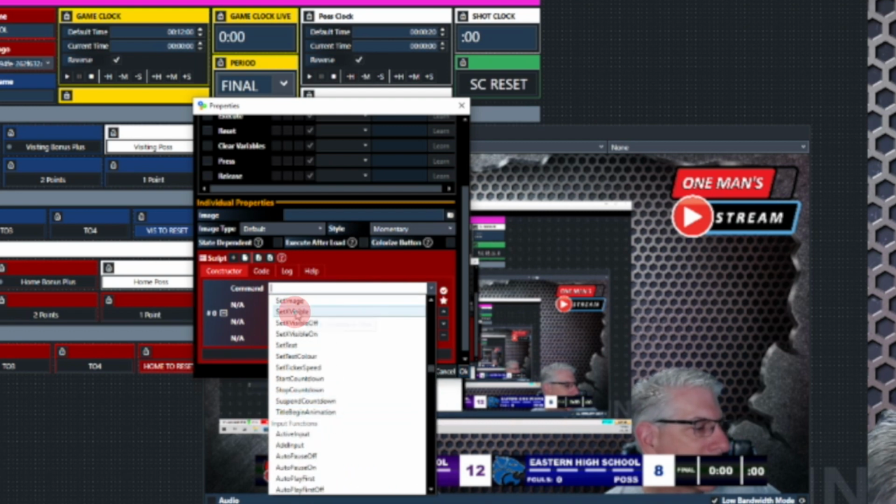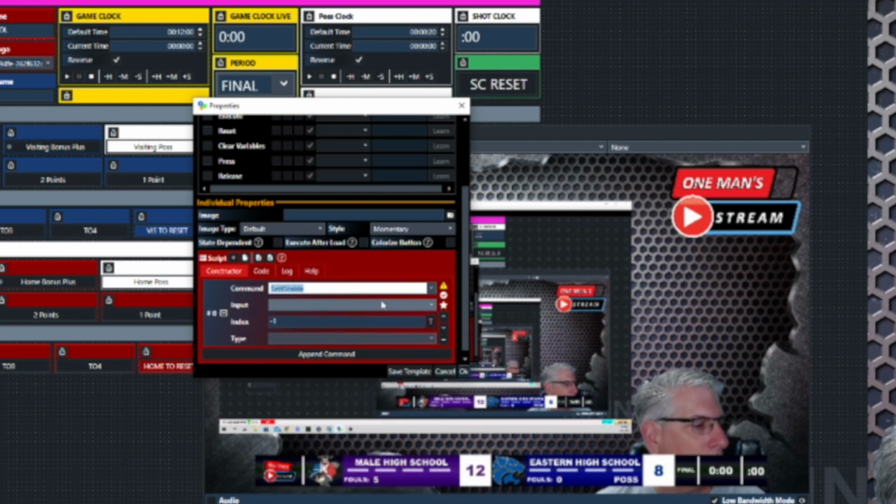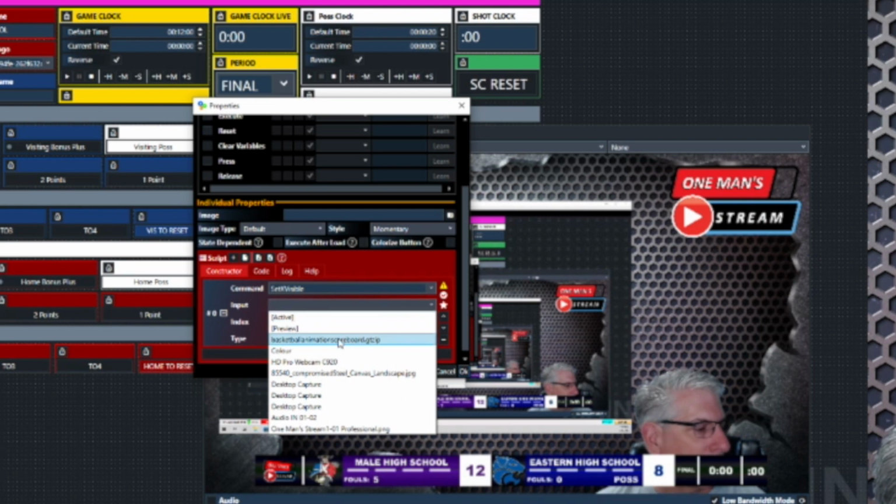There we go. Set X visible. And we've talked about this before. When we use the set X visible command, it allows us to use it as a toggle. So if we click it once, it's going to come on. If we click it again, it's going to take it away. So we use the set X visible command, and then the graphic that we're using is the